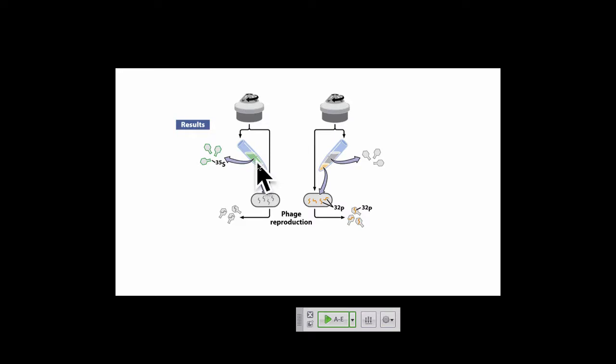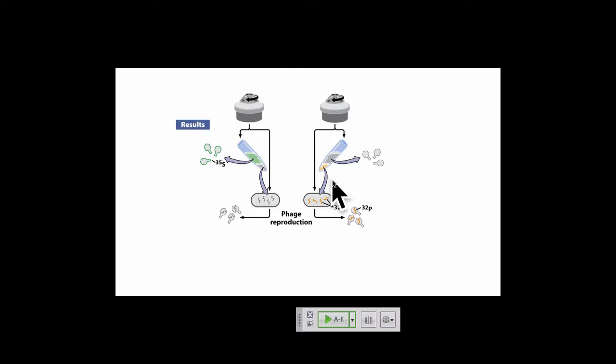Now, the bacteriophage are so small that in a typical centrifuge, they're not going to pellet, in the jargon. They're going to remain in the supernatant. So when you centrifuge at fairly low speeds, the bacterial cells will be down here in the cell pellet. The bacteriophage, whatever's left of them, whatever got thrown off the surface of the cell, will be left in the supernatant. And what they found was the S35 radioactivity was in the supernatant, whereas the P32 was in the cell pellet. So what does that tell you?